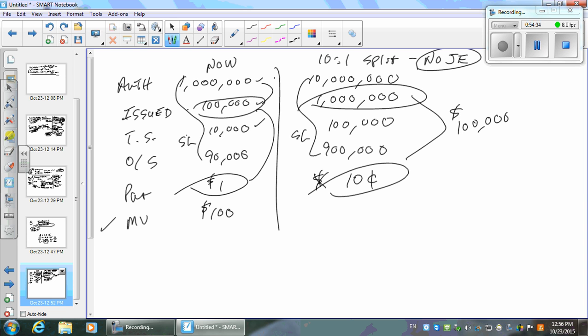Got the idea? Okay, and treasury stock. Would we make a journal entry for the treasury stock? No. If you bought this treasury stock, let's say we bought it for $9 a share, it'd be 90,000. Now you got 100,000 shares that are 90,000, so they'd be 90 cents each instead. Okay, big deal. Is that easy or what?